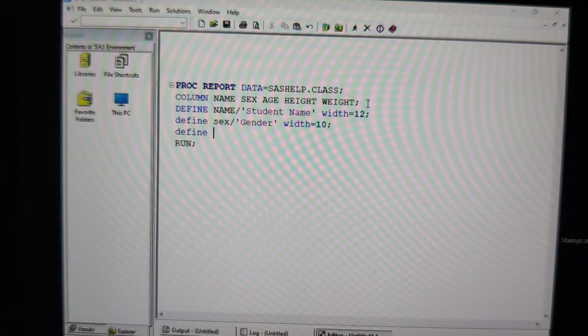Okay, again I'm writing a define statement for the age variable, slash. I want to have it as student age, and width is equal to 10. Okay, I'm writing a define statement for the height variable. Now